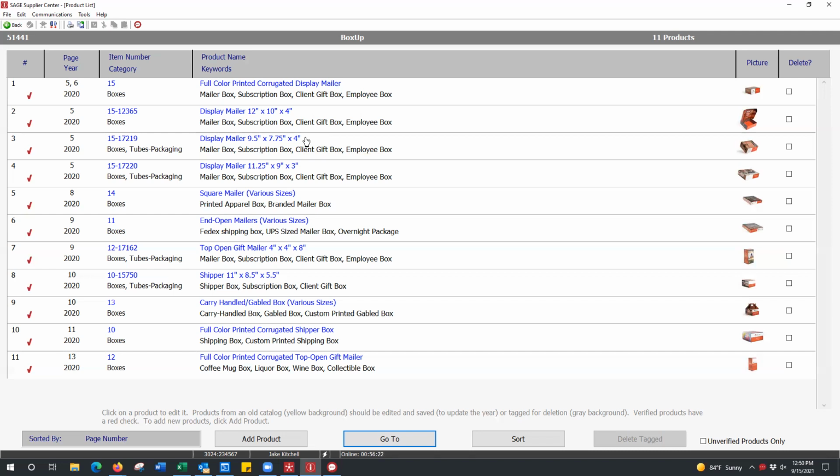It would still pull it up if they put in boxes as a keyword. But because we have so many products in our database, the distributors are really learning how to filter those searches down a little bit. Otherwise, you could be getting stuff that's not even on your radar.